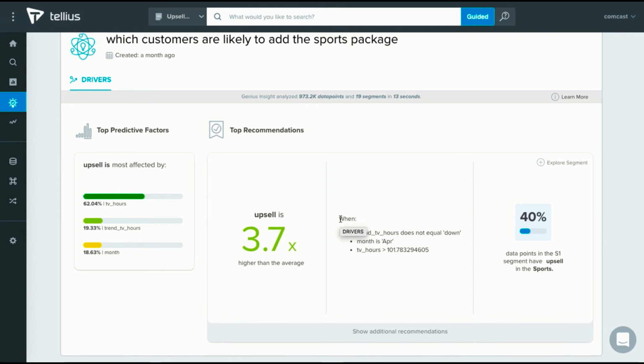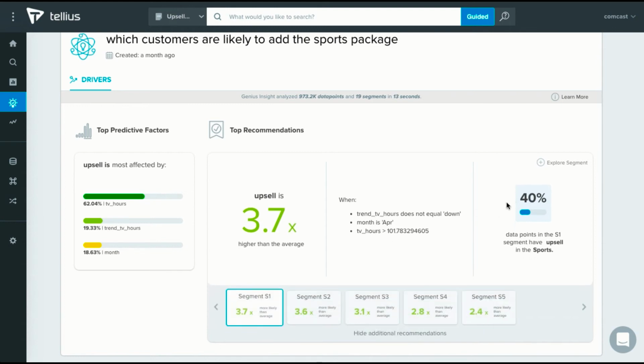We provide these segments to you so that you can see the different groups of customers likely to exhibit that particular behavior. You can see for the first segment, the trend for TV hours is up, month is April, and they watch greater than 100 hours per month. This is an example of a segment with a high likelihood of accepting a sports package, but you also have